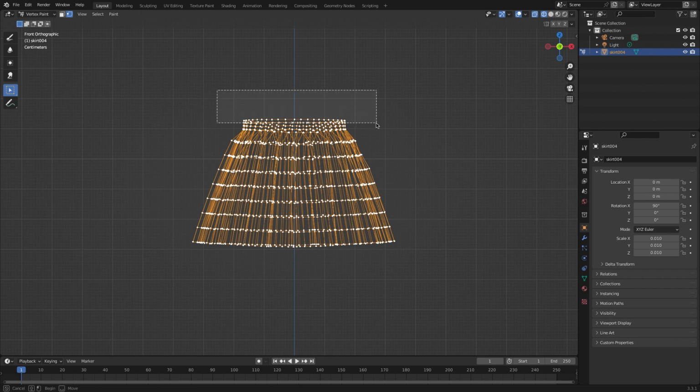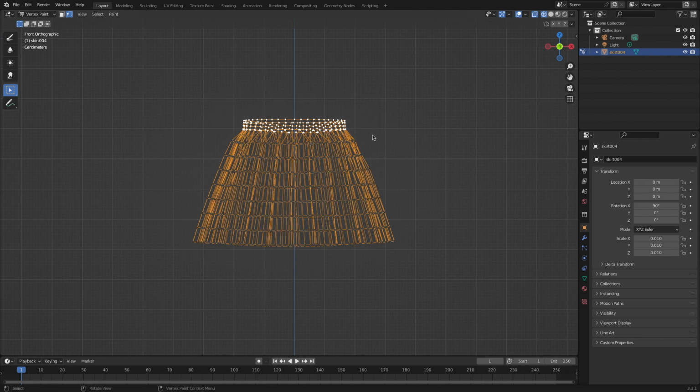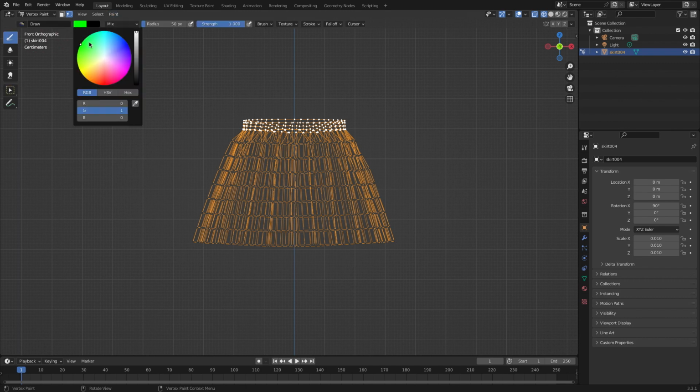I changed the view to solid shading. I pressed Set Vertex Color under the Paint menu, and all the faces are now green. Next, I want to paint the vertices that will be fixed to the body and will not droop. I switched to Edit Mode and Wireframe Shading. This way, also the vertices that are in the back will be selected.